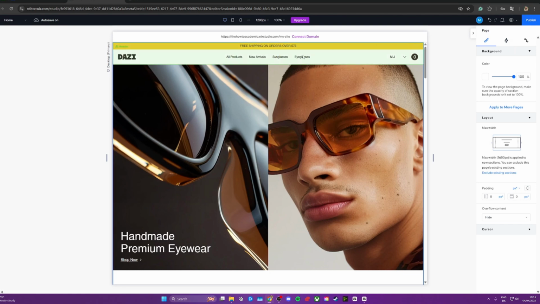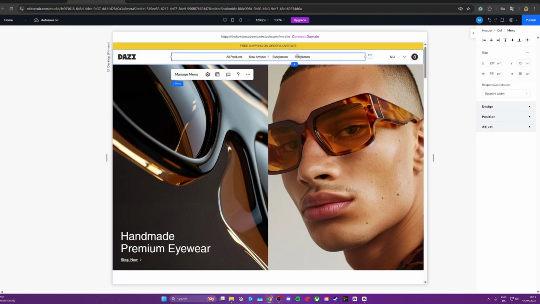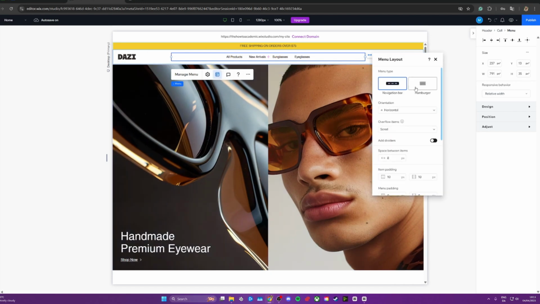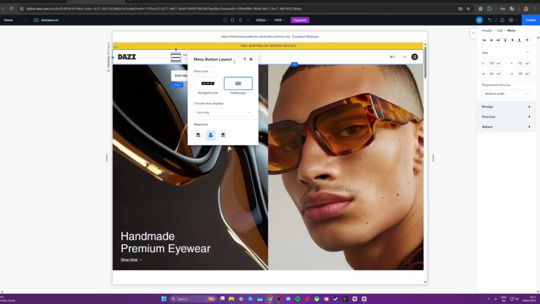From there, I would go ahead and mark the menu. In this case, I have to click 3 times, but just go ahead and click until you see it says menu in bold up here. Now from here, you can go ahead and click on layout over here. And then you're gonna have the hamburger option right here. And as you can see, we've now created a hamburger menu, and you can go ahead and adjust and place this up in the header wherever you'd like.